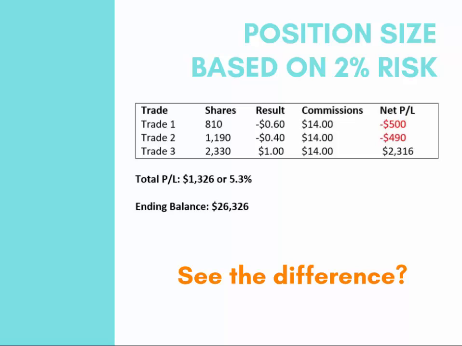$24,010. Trade 3. For this last trade, your profit target is $1, but your stop loss is very tight at 20 cents. With a tighter stop loss, you can place a larger position than in the previous trades. With a risk limit of $480, which is 2% of $24,010, you buy 2,330 shares. This trade works out and you make a profit of $2,316 after commissions. Your balance is now at $26,326, a gain of $1,326 or